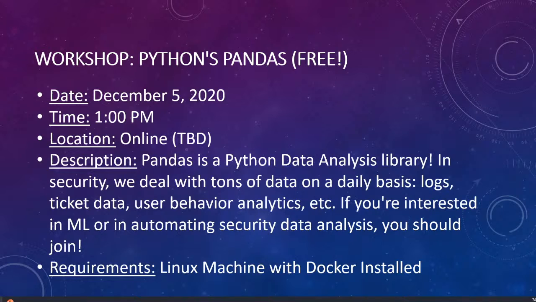Another segment of people that might be interested in this would be people who are interested in any kind of machine learning. We're not going to be doing any machine learning algorithms. I'm not a machine learning expert by any means, but learning Pandas is definitely crucial to knowing machine learning in the future. If you've heard of Spark data frames, Apache Spark, Pandas is very similar, except that it typically runs on a single machine as opposed to a distributed Hadoop cluster.